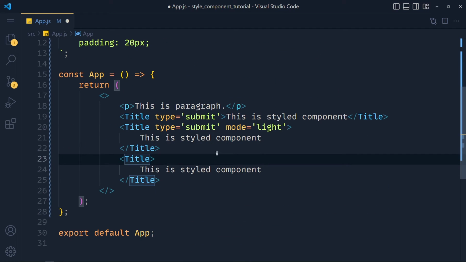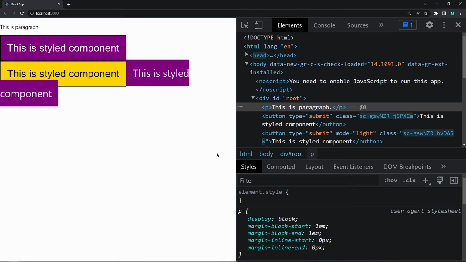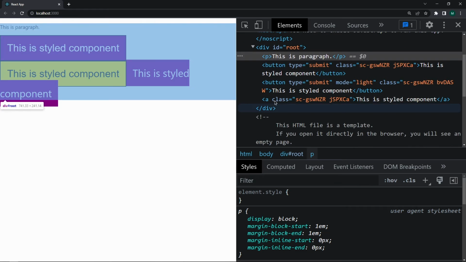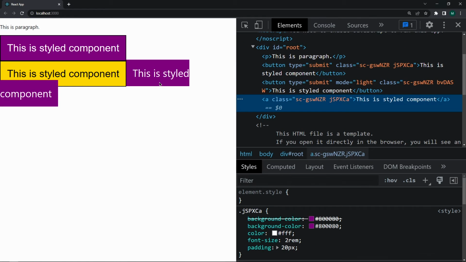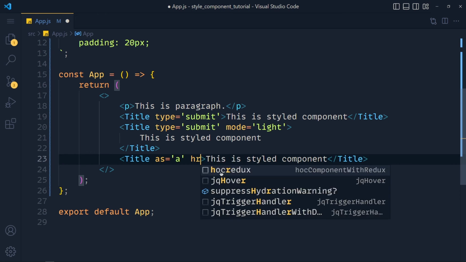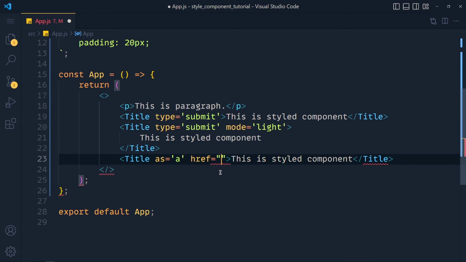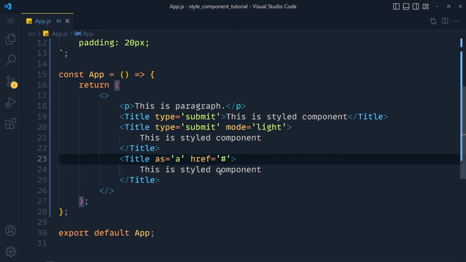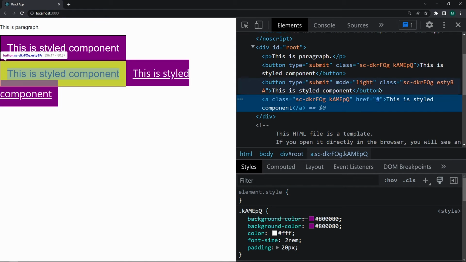Every styled component has a property called as, and in double quotes we can pass our tag name, which is a. Save this and take a look. See, we changed the button tag to an anchor tag. Now if we want to pass attributes here like href equals to hash, save this and see, here we get